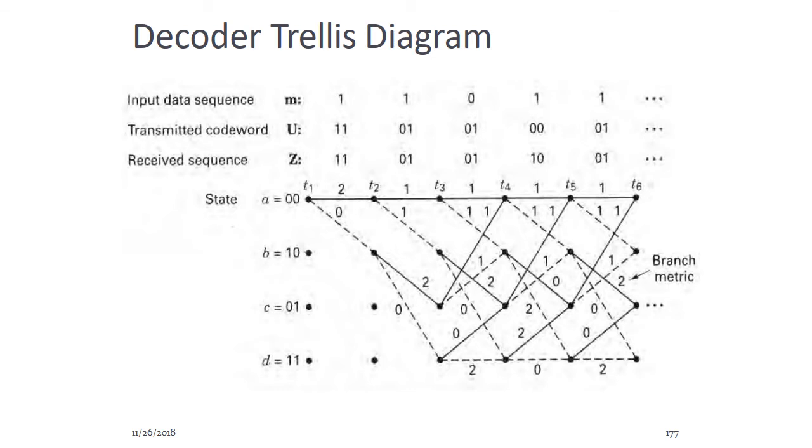Next one is the decoder trellis diagram. So in this decoder trellis diagram, these methods are used for decoding the convolutional codes. They are the Viterbi algorithm, sequential decoding and feedback decoding. So let's consider them in detail in subsequent sections. Let's represent the received signal by Y.